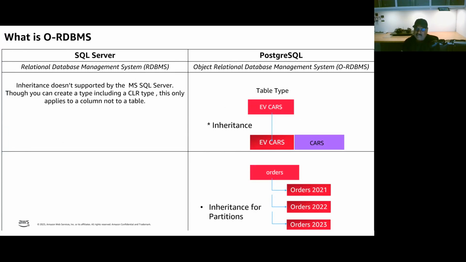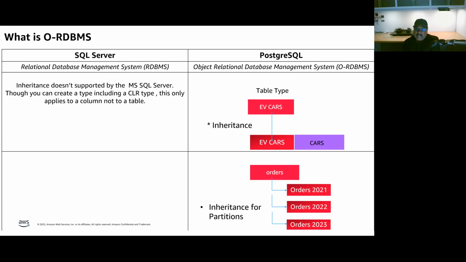So let's start with what is Postgres, and why customers are migrating to Postgres. The top reason is licensing, moving away from licensing costs. And if you migrate to an open source database such as Postgres on cloud, then you can take advantage of cloud as well. If you compare Postgres with SQL Server to start off with, Postgres is an ORDBMS. That means it's an object relational database management system, whereas SQL Server is a relational database management system. Postgres, as an ORDBMS, along with its relational database features, also brings object-oriented characteristics such as supporting inheritance and polymorphism.